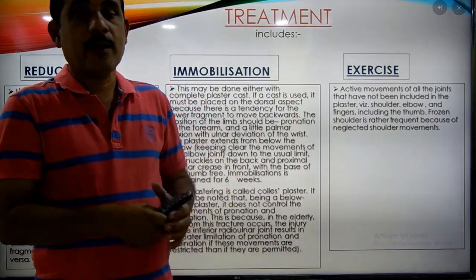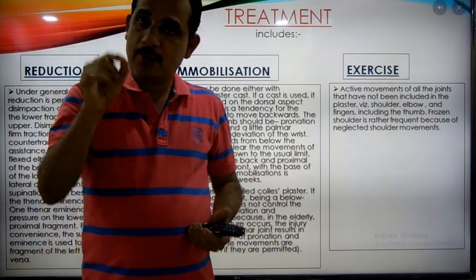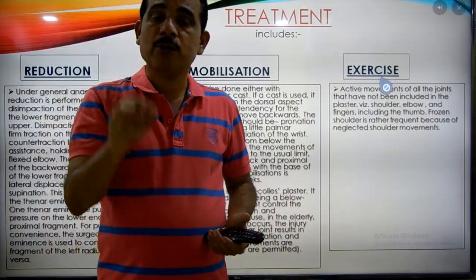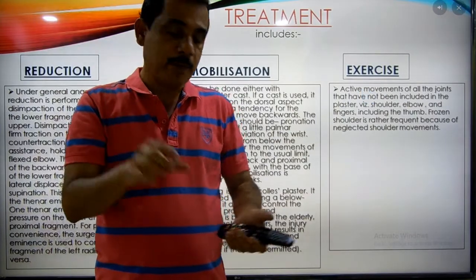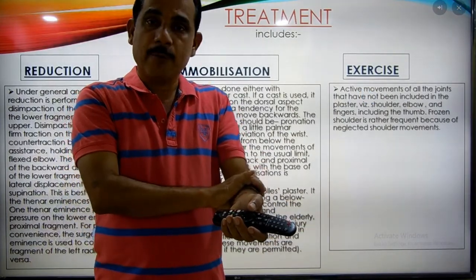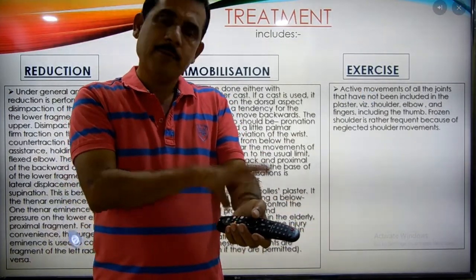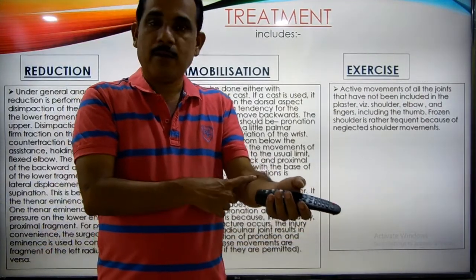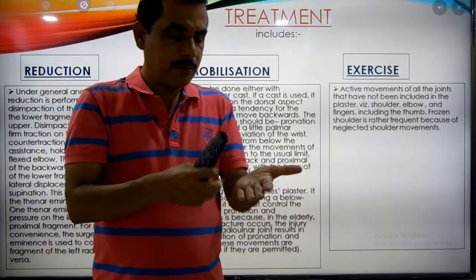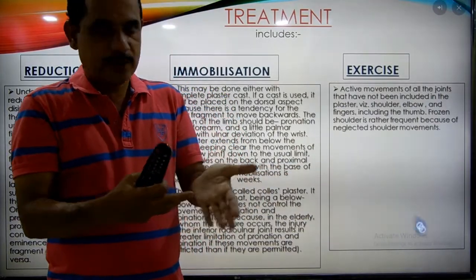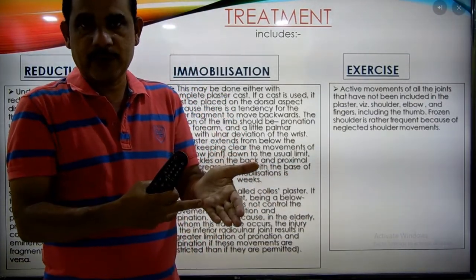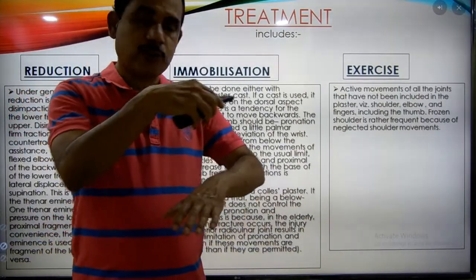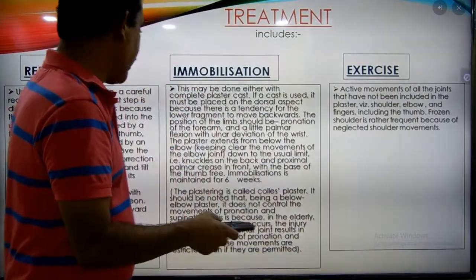So remember, for the immobilization, plaster is used. You can use the complete plaster or the plaster cast. Complete plaster is applied from where? The upper one-third of the forearm or from the middle, but it is best to start from the upper one-third to below the wrist, up to the metacarpal bones. Or if using the plaster cast, keep it on the posterior side and immobilize it.